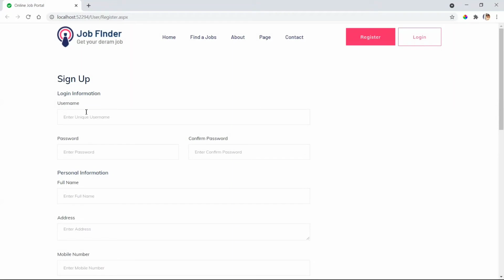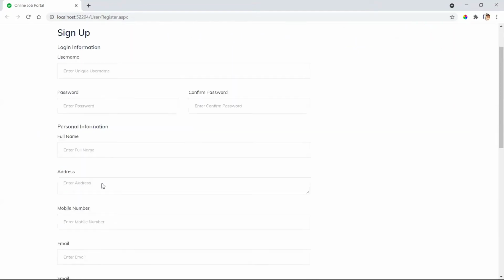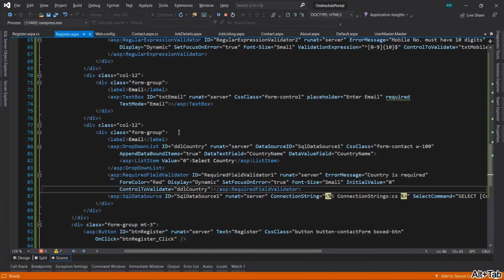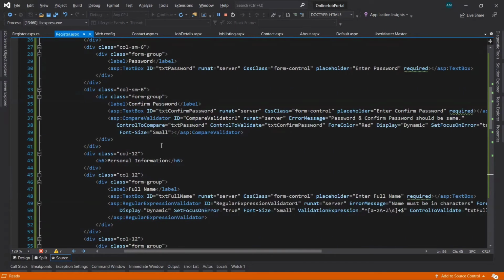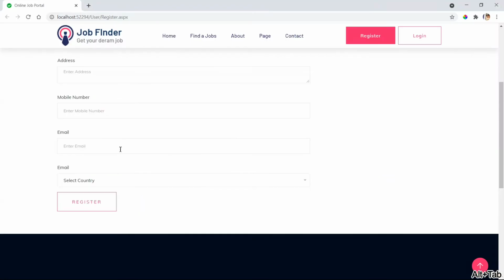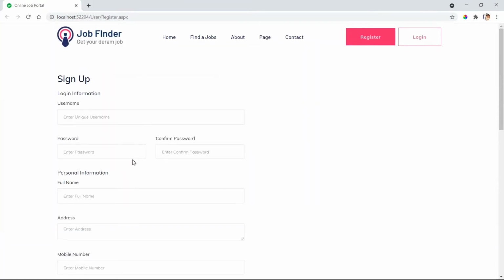Okay, but it came to one side, so let's place this control in the middle. Let's take 6 instead of 8. Save it, refresh the browser page. Still the same.